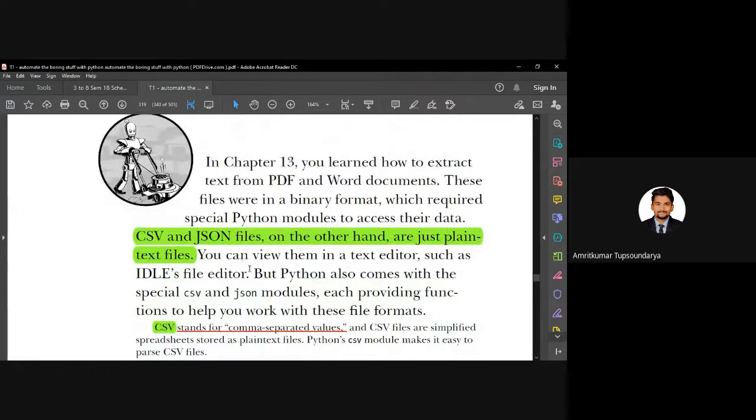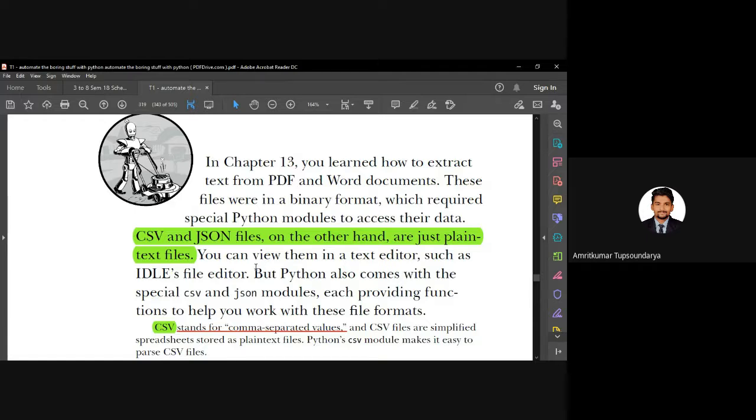For those who don't know about CSV and JSON, a quick overview. CSV stands for comma separated values. It's like an Excel document in which the values are stored separated with commas. And JSON stands for JavaScript Object Notation.